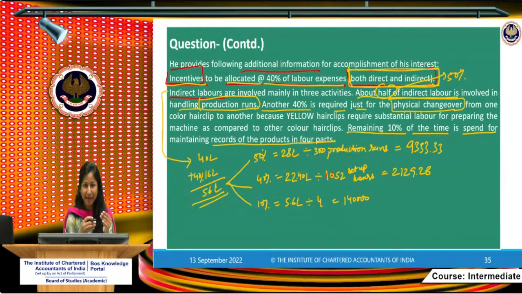Okay, fine. I think everybody is clear regarding this physical changeover item, how it was calculated, and why production runs were multiplied by the setup time. I hope the example I gave was clear. Let's move on. Roshni, you can also give a thumbs up if you are clear regarding why the incentive was added to the indirect labor. Okay, fine. The information we had in this slide we have already calculated. Let's move on to the next slide.